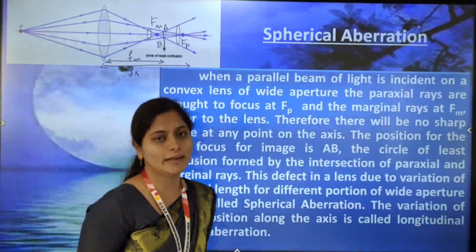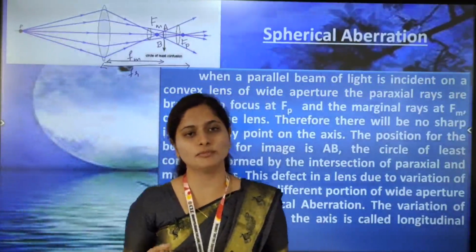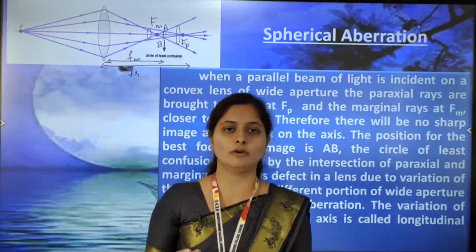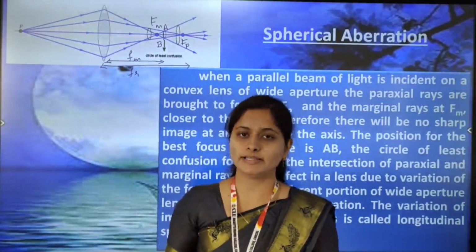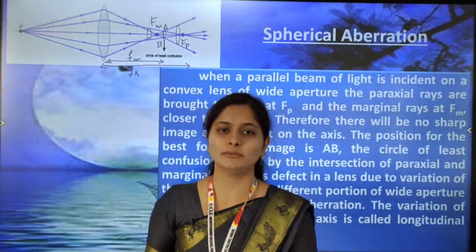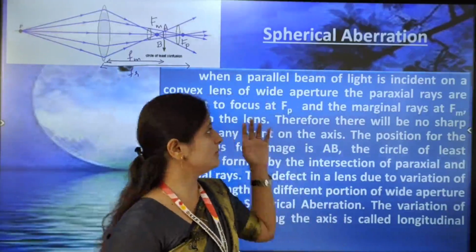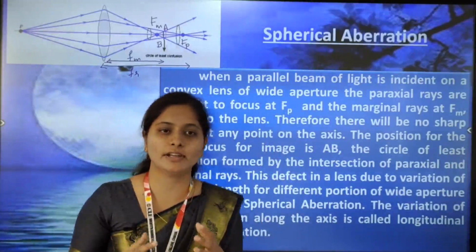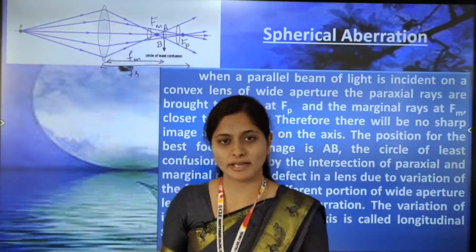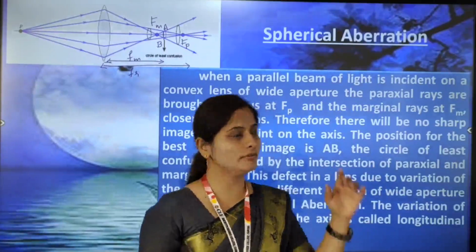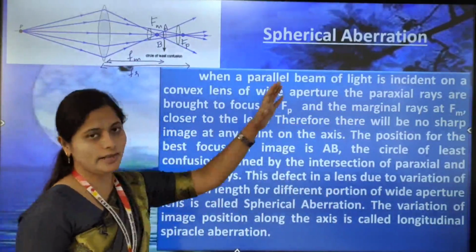Already we know that aberration is nothing but a defect produced in the image of an object in an optical medium, when instead of using the lens formula some defects are produced, and that defect we call aberration. So spherical aberration is one type of aberration. Such a type is spherical aberration, which we will study in this video. See here, spherical aberration.